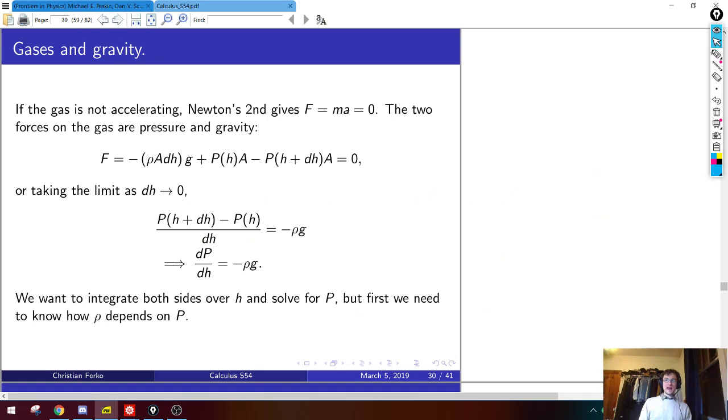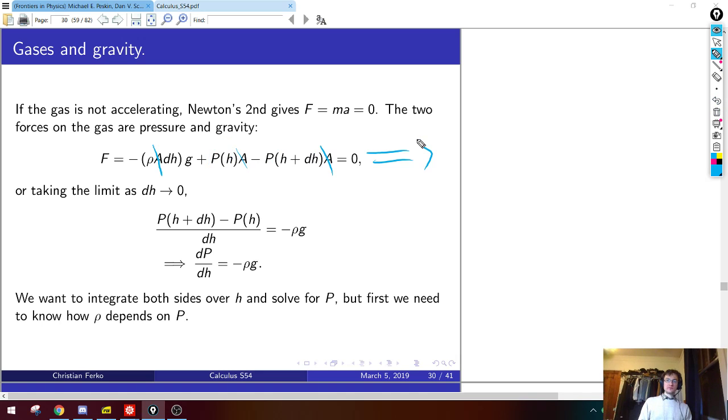So here's what happens. Again, by Newton's second law, here's what I wrote a moment ago. Here's the gravitational force, the pressure pushing up, the pressure pushing down. Now I'm just going to rearrange this equation and then divide by dh. Notice I can also cancel the area, because area appears in all of these. Actually, no, I'm going to move the pressures to the right. So I move these guys over, which means I add P of h plus dh and subtract P of h.